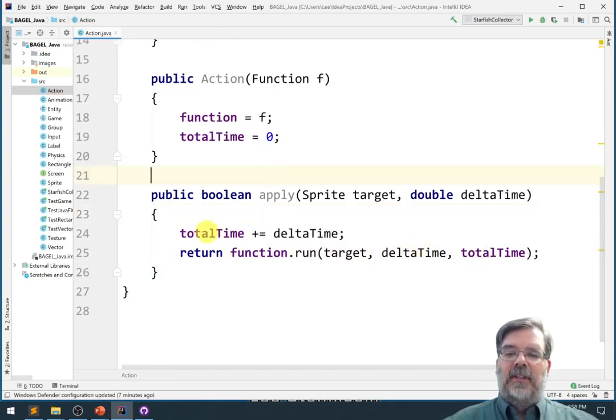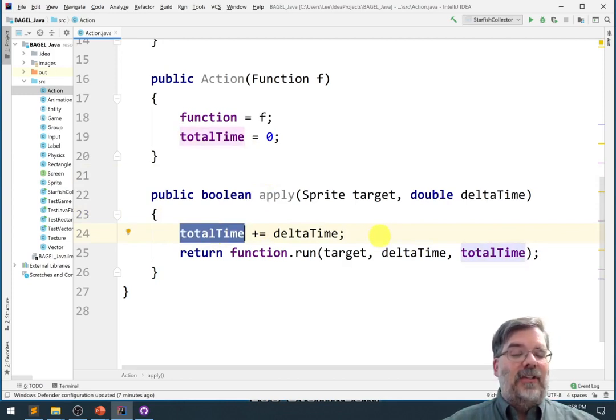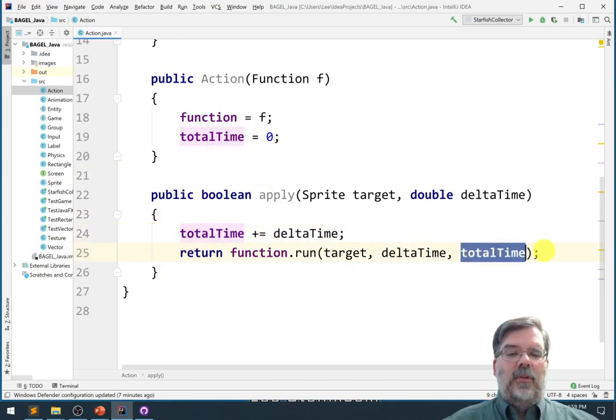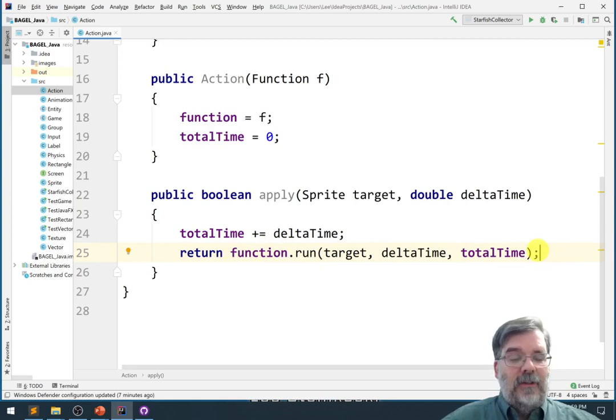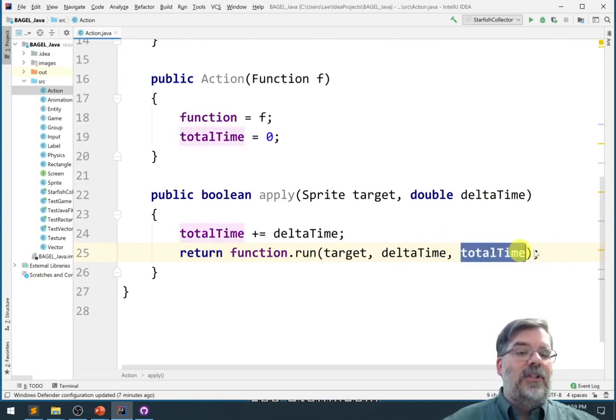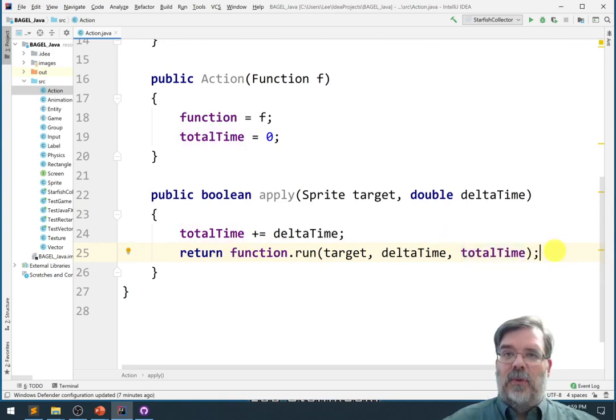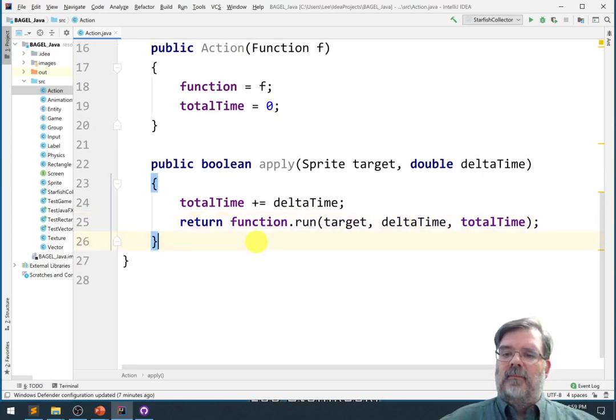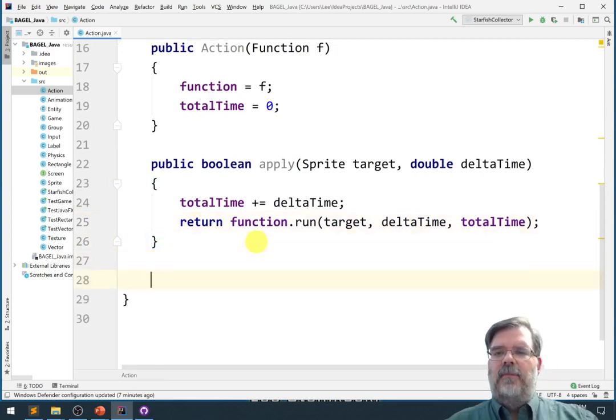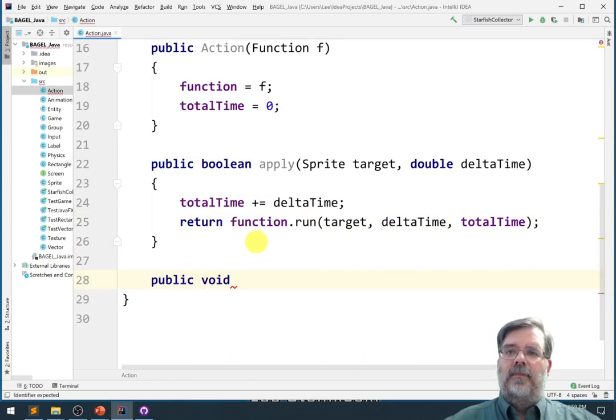Again, each action keeps track of its own total time and how long that action has been running. And again, total time might be useful in this function. Some functions might just be like a pause or a wait function for a few seconds, in which case it needs to be aware of this total time. And finally, one thing which could be helpful in the future, and we'll just lay this groundwork now, in case